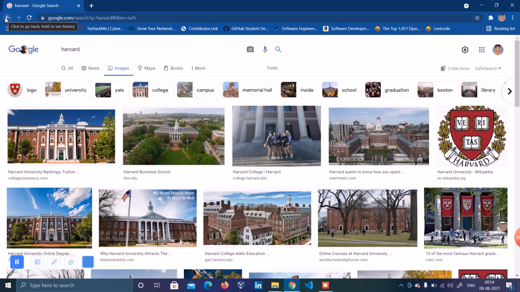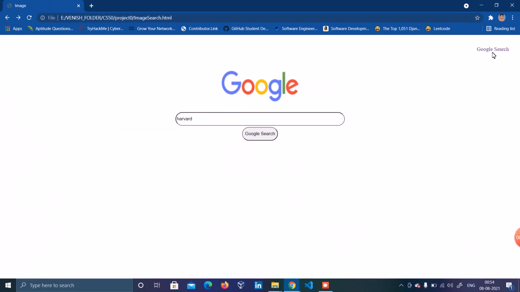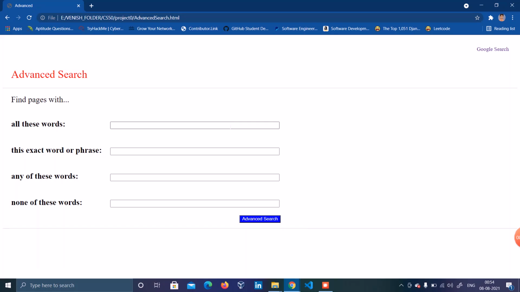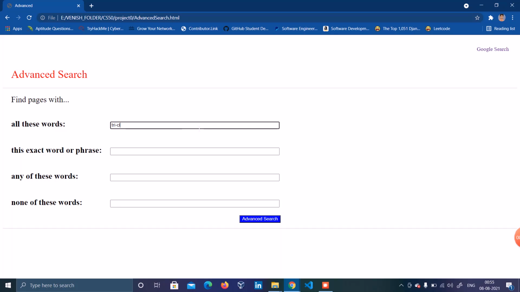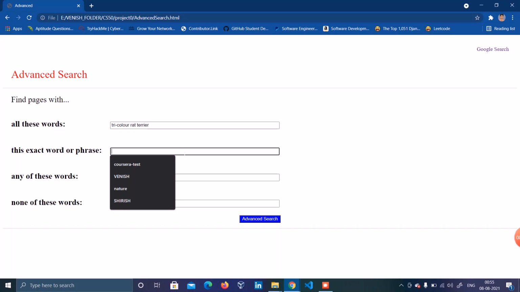Now let me show you the advanced search page. So here it is, the advanced search page. So for example, if I type in all these words, try, color, rat, crier, and here I type for example rat, crier,